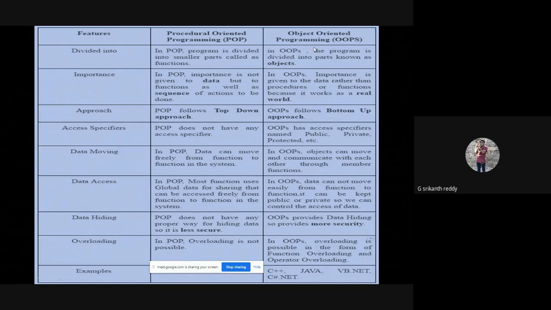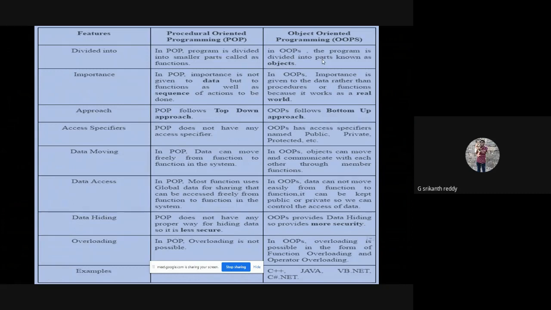In this semester, you will be knowing this in this subject. In this course, you are going to focus on object oriented programming, where the program is divided into parts known as objects. In the last semester, your program is divided into functions, whereas in this semester, you are going for a new paradigm, that is object oriented paradigm.